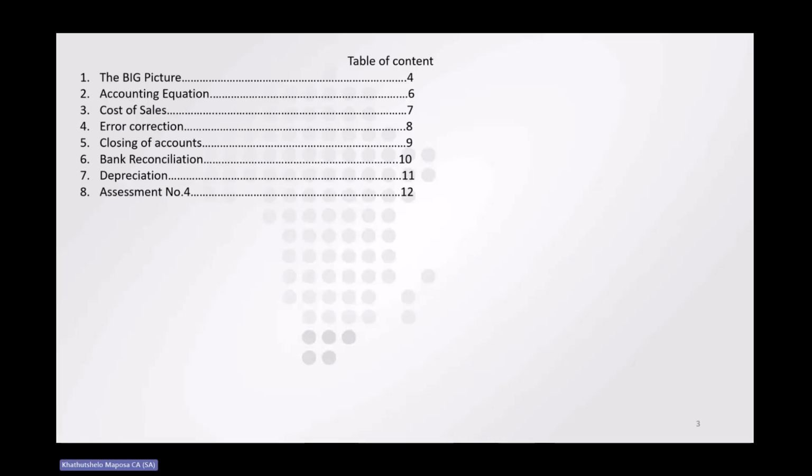Then we'll talk about the upcoming assessment. So our time might not be enough to cover everything. However, I will try to be quick on the topics that are much easier, and spend some time on the topics that are a bit complex and very, very important, such as depreciation. So let's start with the